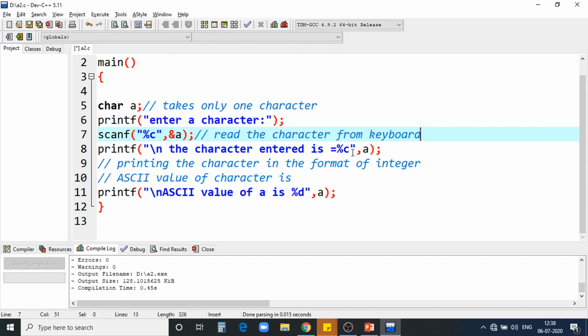Now, I have told you each and every character has an ASCII value. I want to see the ASCII value. ASCII value is a number type. Now, the same character, if I print it in %d format, see, first if I give %c, it will take the character only. But for the same character, if I use %d, it will take the integer format of the character. Nothing but, we have a value for every character. Value is nothing but a number. So I want to know the number which is given for the character. I can print it with the %d format specifier.